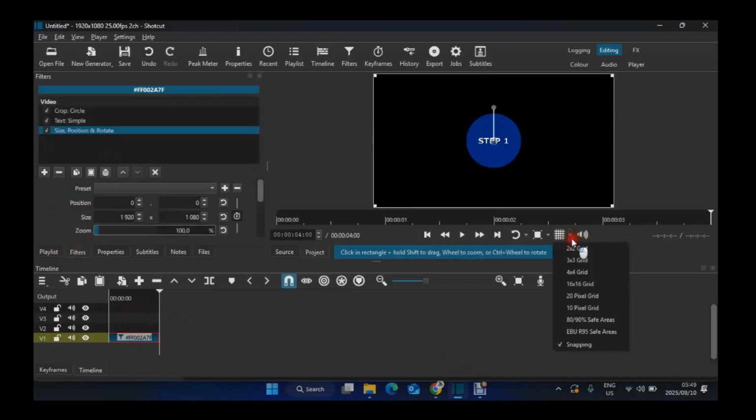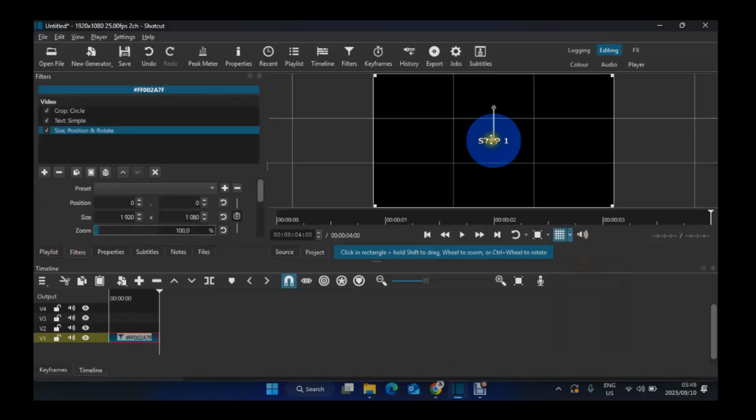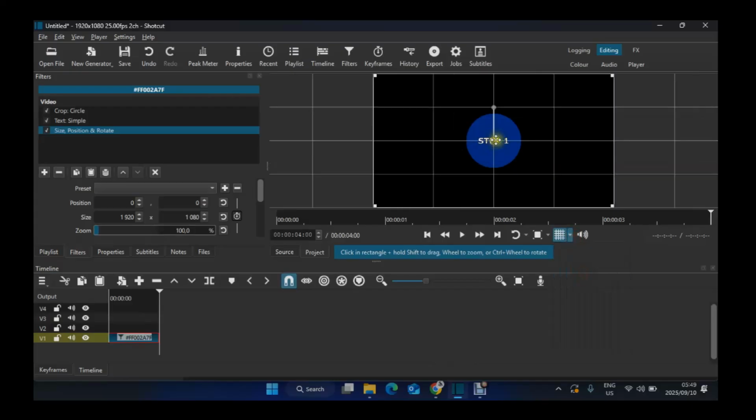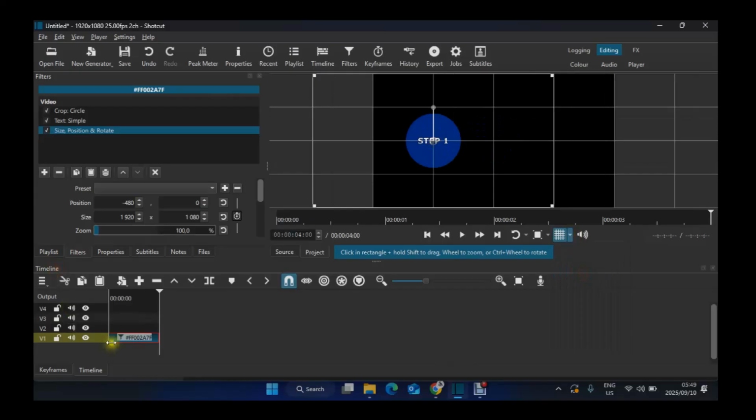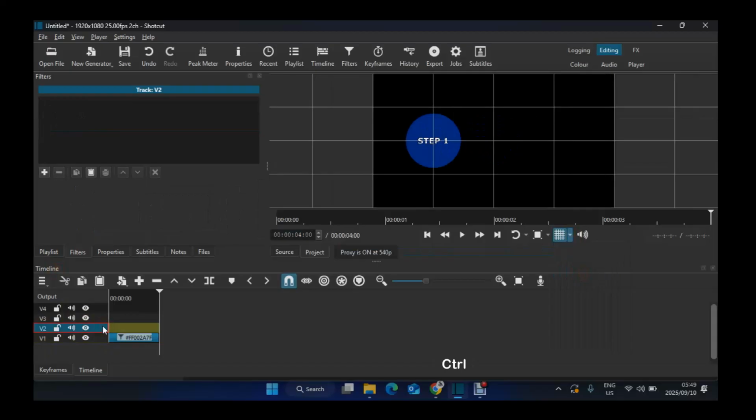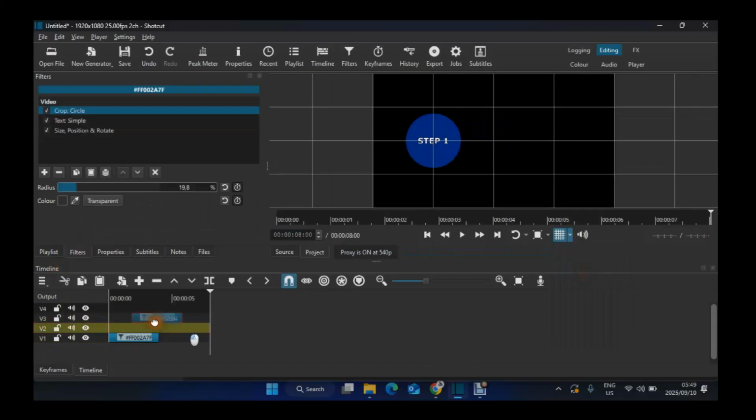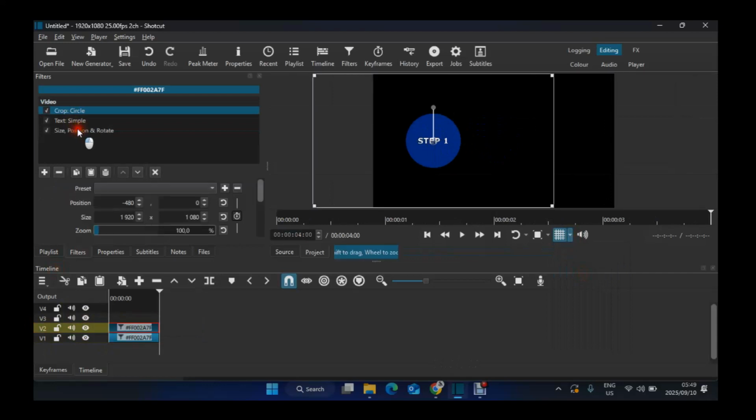Then I have to come here, go to 3, so that I can just drag, let me go with 4, so that I can drag this straight here. Then all I have to do is just click Ctrl C, go straight to the video track number 2, Ctrl V, then I drag this, put it straight in the beginning. Then you go straight to position, just drag